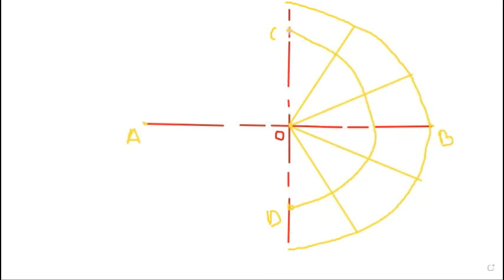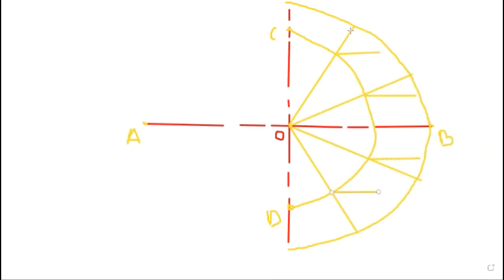Now if you see this 60 degree line or 30 degree line, it will intersect the major half circle and the minor half circle. From the minor half circle, this is the intersection point. From this intersection point, we draw the horizontal line. Similarly, here also we draw a horizontal line, here also draw a horizontal line, and here also draw a horizontal line.